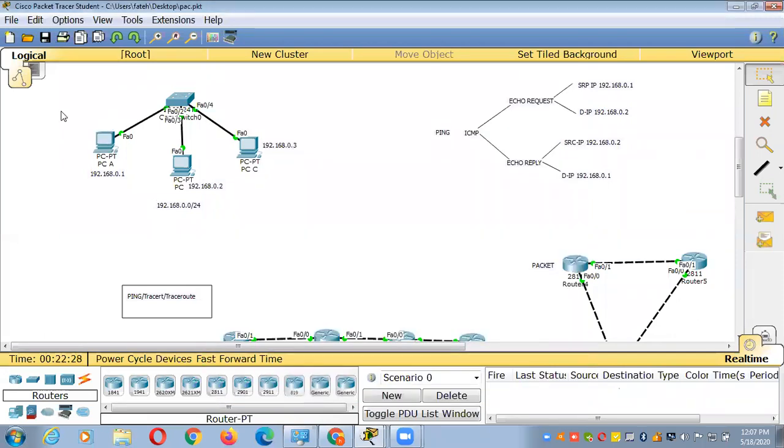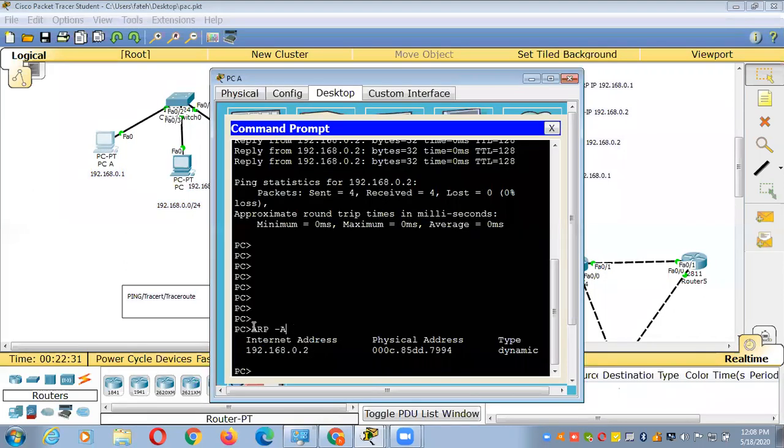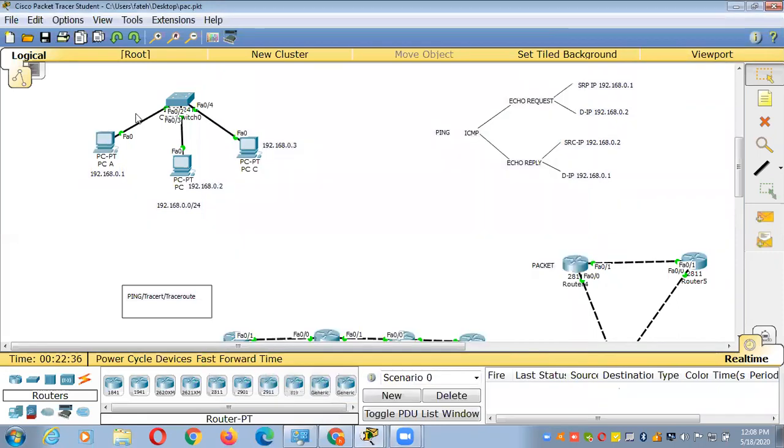See, all these three computers are physically connected with the switch. It's okay. Oh, where did you type the ARP command? In the PC or in the switch? No, PC. This is your PC, brother. Yeah. So you've typed arp -a. Okay. But ipconfig is also another command to give the IP address, right? ipconfig. Right. Yeah. Okay.